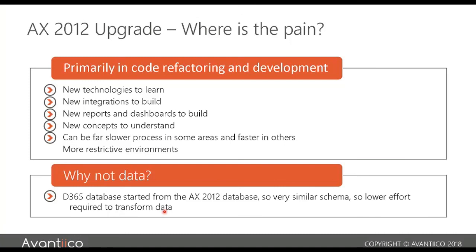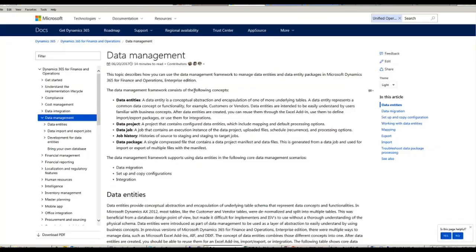If you don't want to do the upgrade, you do have the option of manually migrating the data. So be familiar with the data entities. And again, a data entity is a logical view of a concept or a table. So for the customer table, there could be dozens of tables, and you don't need to know what those joins are, what those fields are. You just want to know, I want to work with customers. So Microsoft have created a data entity for customers. Think of this as a denormalized view that's not just read-only, but you can also write to that. So you can create customers, you can update customers, you can get a list of customers.